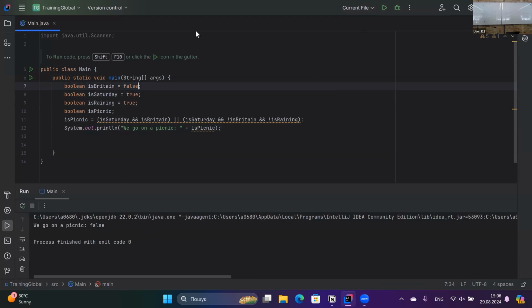So we are in Ukraine, and after that we run the program. We will have is Britain false, it's raining true, and we don't go for a picnic, because it means that we are in Ukraine, and is Britain false, but it's raining. Raining is true, so we don't go for a picnic. But if we put here false,